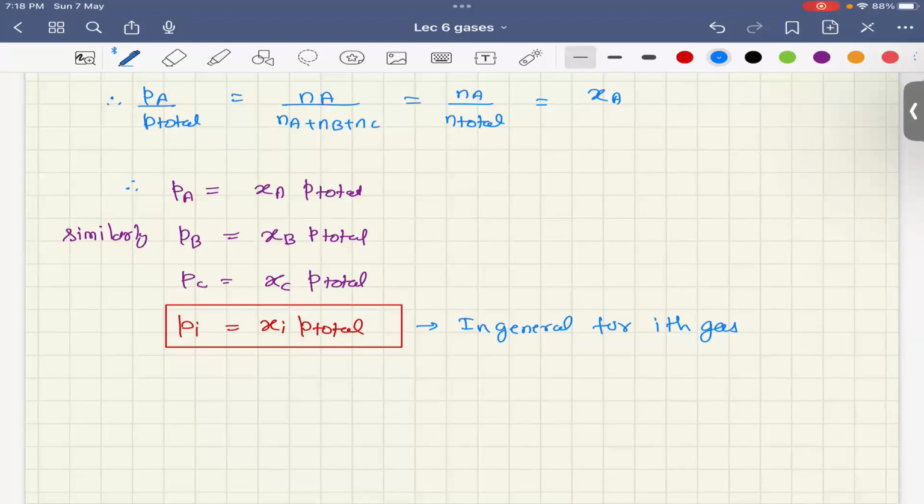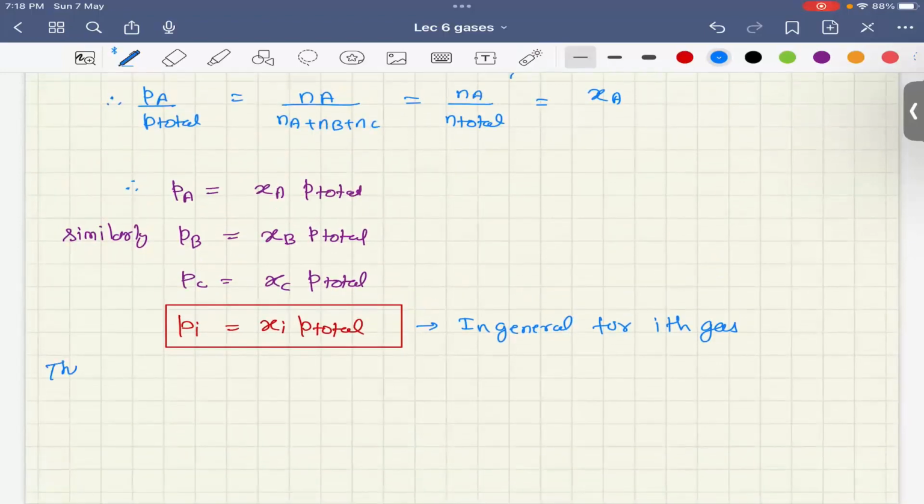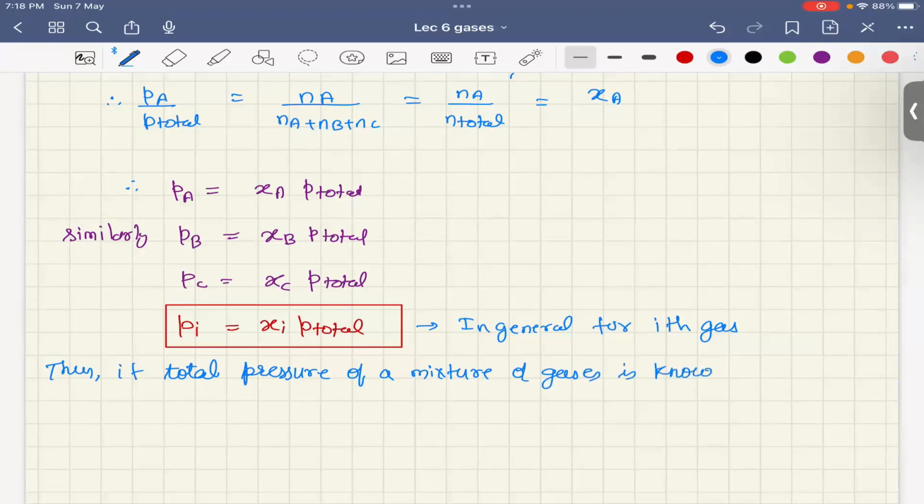Thus, if the total pressure of a mixture of gases is known, then the above expression can be used to calculate the pressure exerted by individual gases. Thus, the partial pressure of a gas in the mixture is the product of its mole fraction and the total pressure of the mixture, right? Hence, what we can say is, if the total pressure of a mixture of gases is known, then the above equation